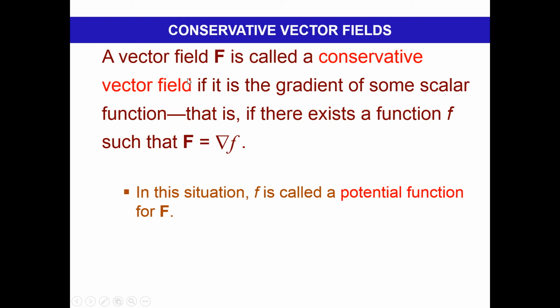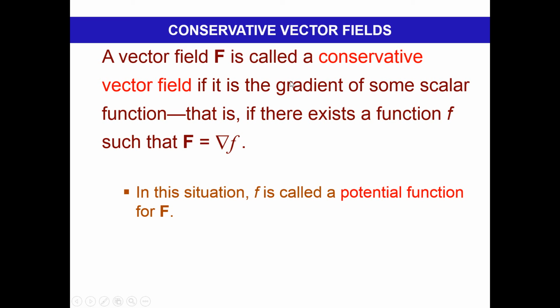Okay, another example. So far we discussed vector fields, and then we learned how to draw a vector field. Then we defined the gradient vector field, and we saw how to draw a gradient vector field, and there were a few observations about the gradient vector field. And now again, a very important definition, the conservative vector field.